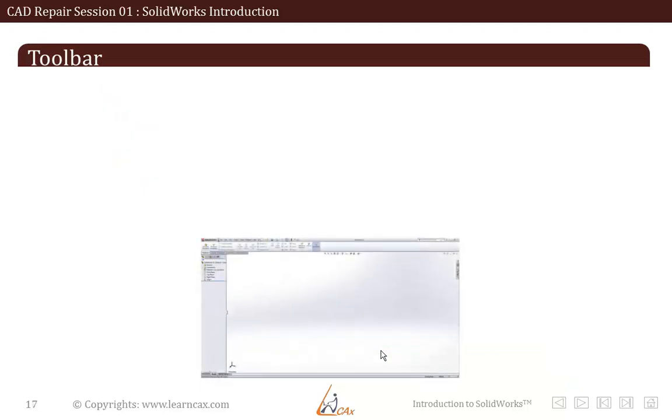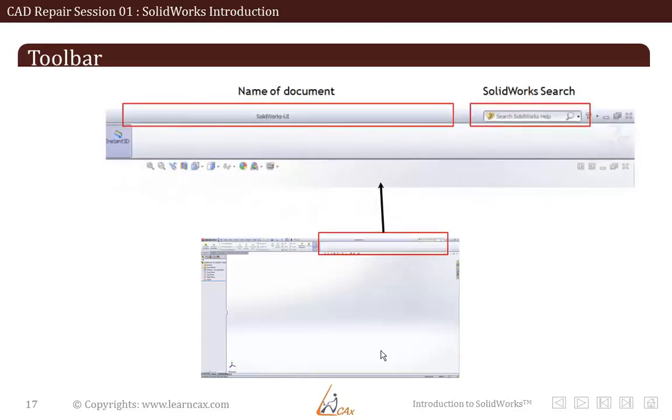Now let's understand some parts of your working window. In the center of the toolbar, you can see the name of the document. As we have not yet saved the document, SolidWorks has assigned the default name. It is a good practice to save the document before starting work. To save this document, you can click the save button from the quick launch bar, or else go to file and save, or else you can press Ctrl+S. Then you will get a regular save as window where you can give the directory and save the document with a name. Later you can see the name of the document at the center of the toolbar.